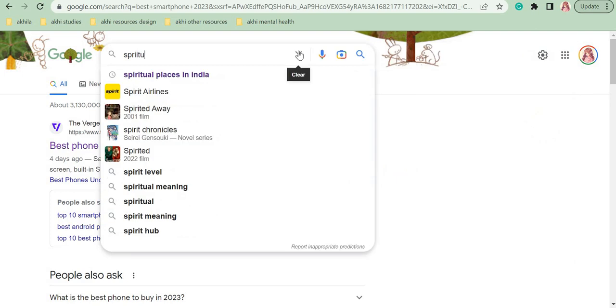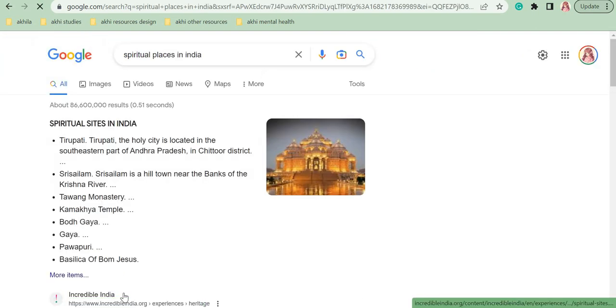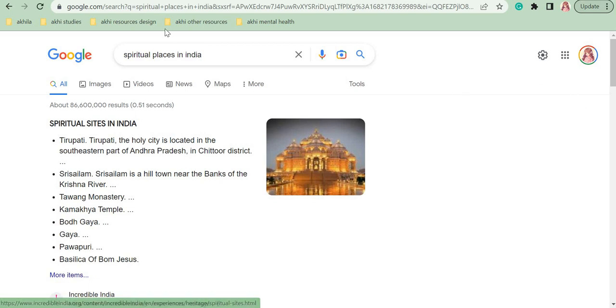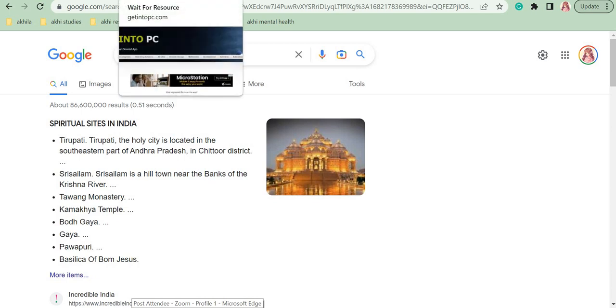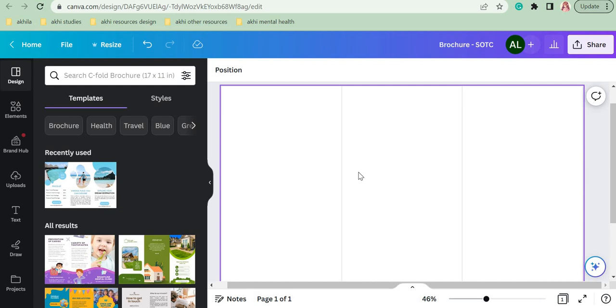Okay, for example, in our spiritual travel package itself, in Google you can type spiritual places in India. So type that, you will get a lot of things here. Okay. So from this list only I selected 3. So that is Varanasi, Mukteshwar and Tanjavur. So these are 3 different places known for their spirituality. Okay, so these are the 3 places we are going to be covering in our package. So what you should do first, select your topic, that is your travel package type.